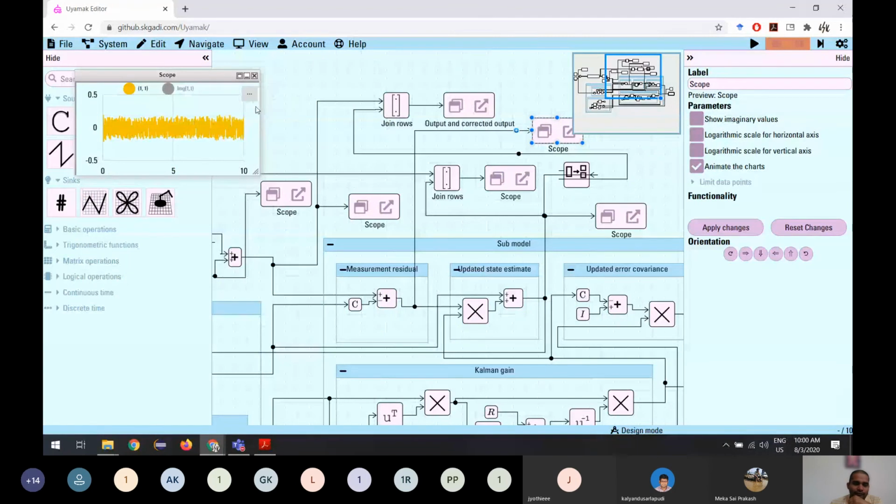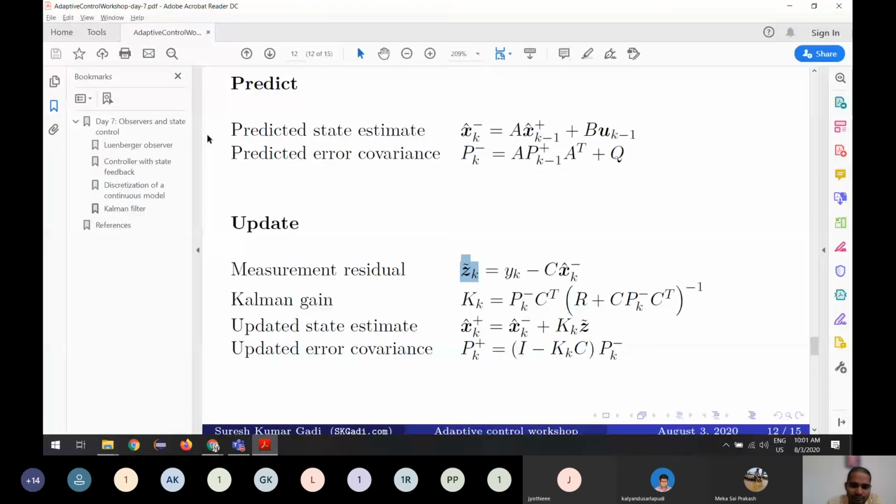So if two filters are implemented and one is very close to 0 and another one is a little far from 0, we can say the one closer to 0 is the better implemented version. We always have noise because we are injecting a lot of noise into this to observe this. So we will have the noise, but it should always be near 0. It should not shoot out going to infinity or something like that. It should always be near to 0. That's how we make sure that the algorithm is working properly.